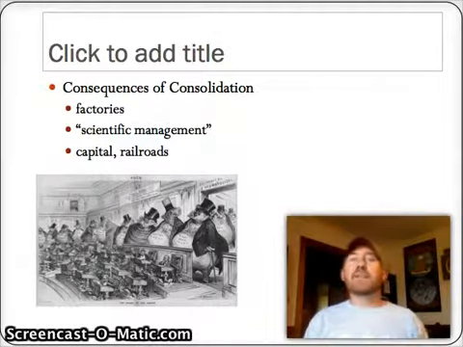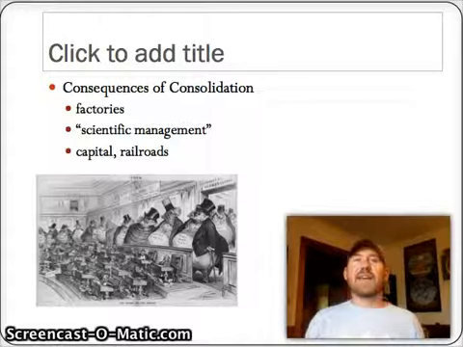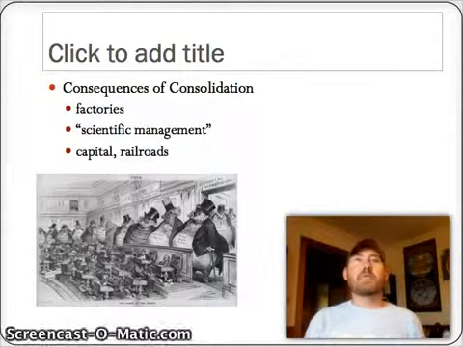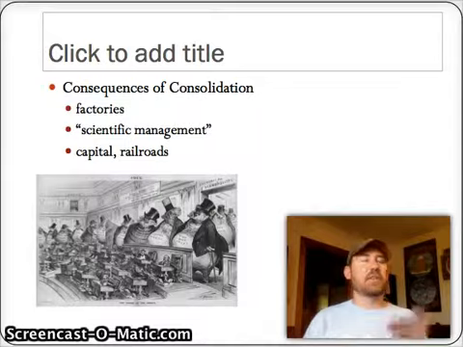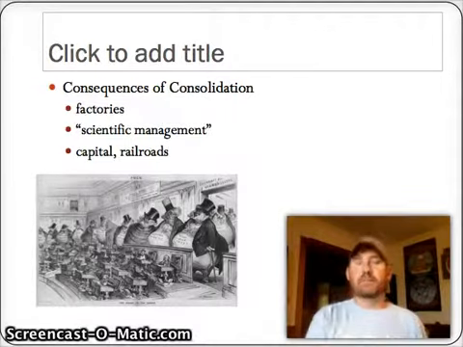And then lastly, you see railroads begin to explode, because as we get more factories, we need more and more goods coming into them. We need more and more ways to sell these products to consumers. So railroads are the best form of transportation during this time, and you see them just explode, particularly in the Northeast or the northern part of the country during this era.